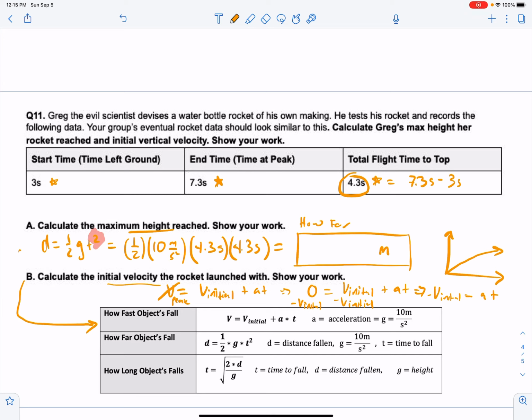All right, in that case, we have v initial equals g times t. All right, in particular, we say that g is negative, right? It's a negative 10 overall times t. All right, we have a negative on this side, negative on that side. We'll cancel them out. So we have v initial equals